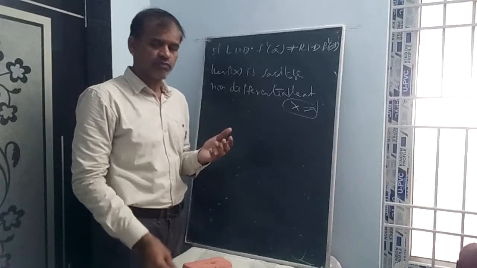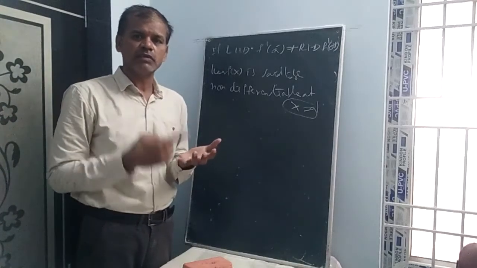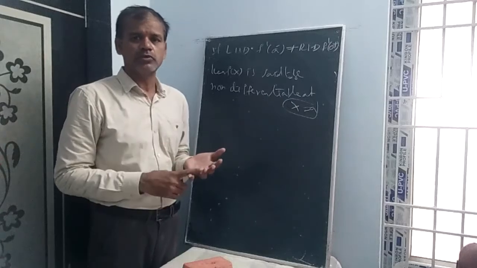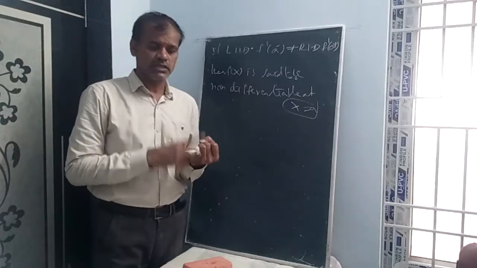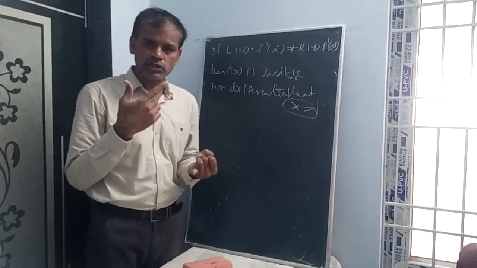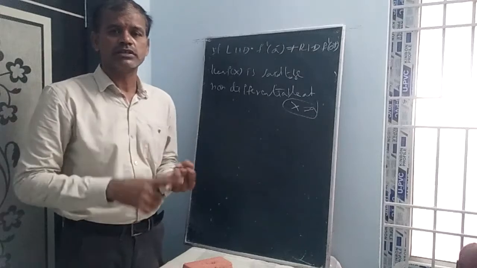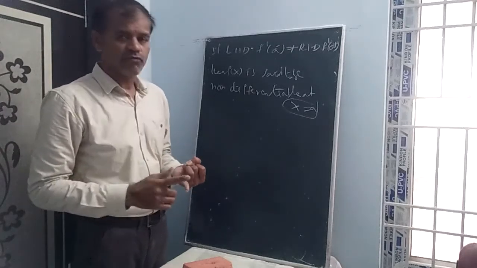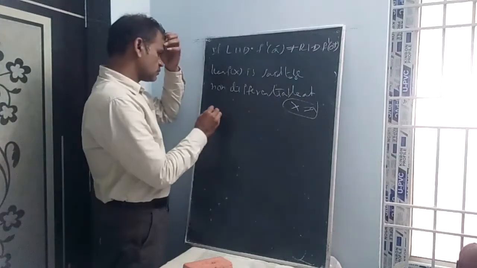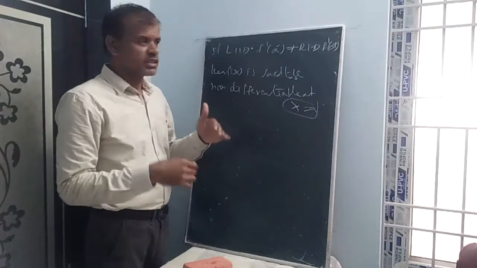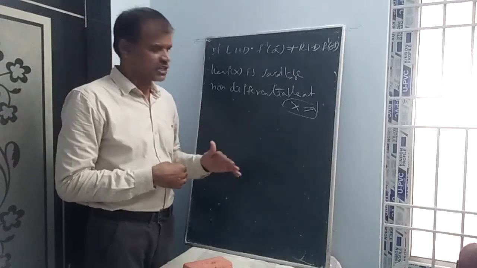If the function is defined on the left neighborhood and right neighborhood of a given value a, the limit should exist. Limit exists means LHL equals RHL, so it should be continuous. Then the LHD and RHD should be equal. Then only is it said to be differentiable. The total concept of checking whether the function is differentiable or not is called differentiability.